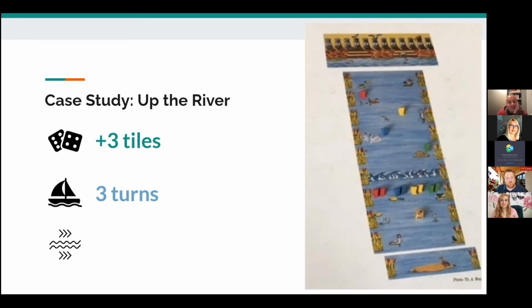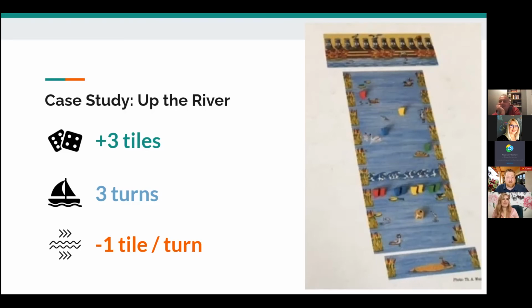The river sort of pushes all of the boats back 1 tile. So every turn, all of your boats move backwards by 1. And over the course of 3 turns, all of your boats are going to move forward 3 tiles, and all of your boats are going to move back 3 tiles. So actually, your boats don't make a lot of progress.